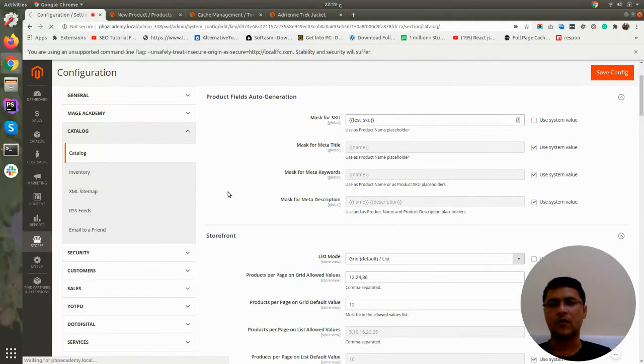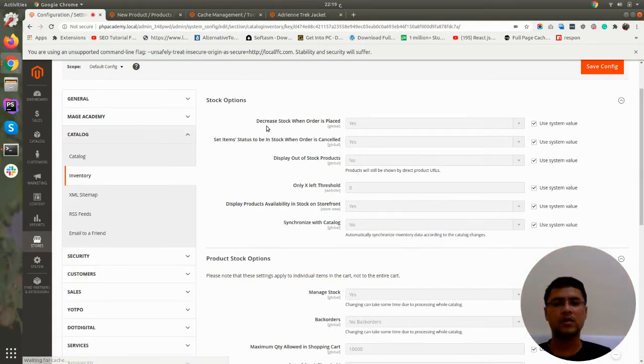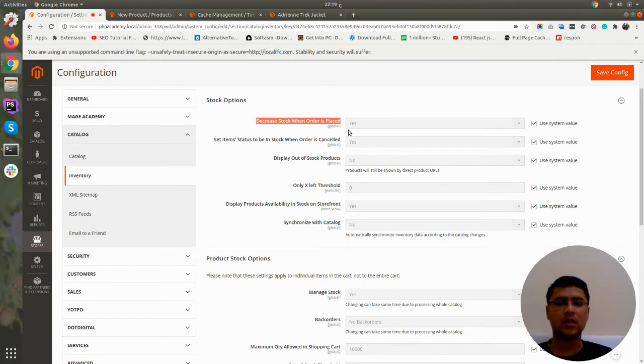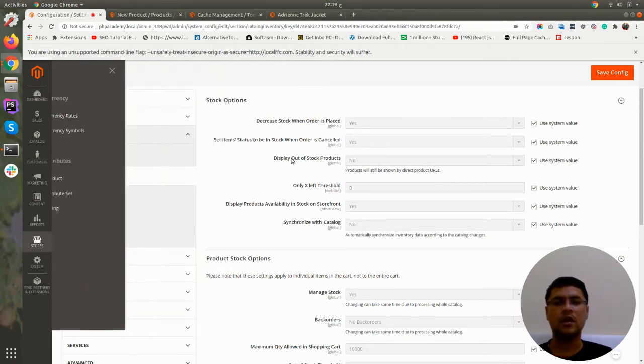Then comes inventory. So in inventory, here you can see the option, decrease stock when order is placed. Okay, so by default it is yes. One more thing I want to tell you about stocks in the new Magento. Magento is now using multi-source inventory features, sources and stocks.